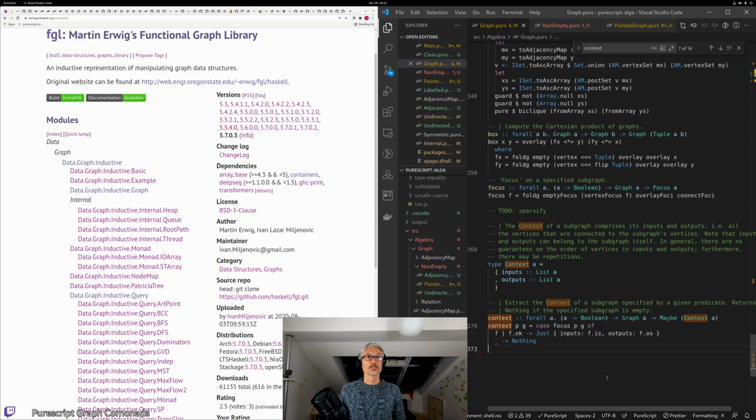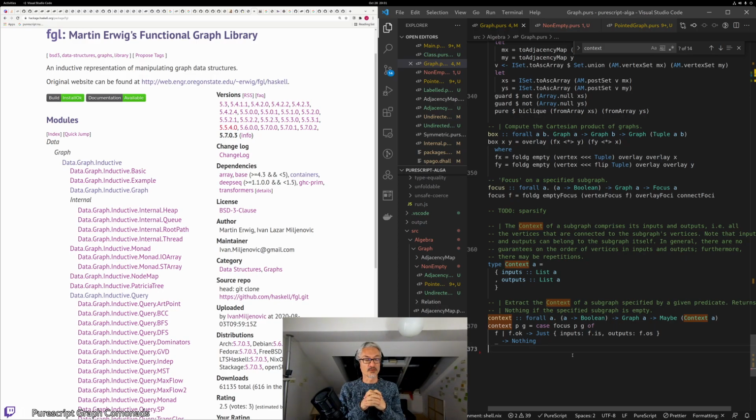So all that to extract just one context seems computationally expensive. And the thing is that this context matters in the FGL library, because that's the inductive unit. When you start to, for instance, pattern match on a graph, that's what you get. You're actually pattern matching successively onto contexts, and basically extracting a context until you get nothing, which is a little bit like